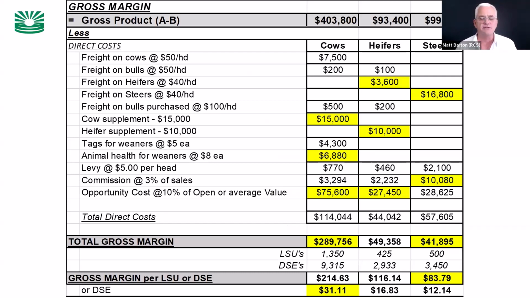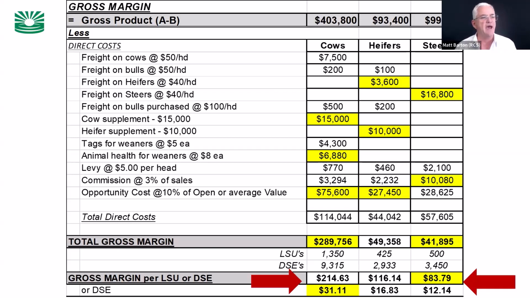Then we have split it up. As soon as those heifers and steers are weaned, they go into their own enterprise, and we have gross products for the heifers and the steers. Those heifers that they want to keep, the cow enterprise will have to buy back, because the cow enterprise has sold the heifers and steers into those enterprises at market rate. It's exactly the same as if you'd gone to the market and bought those steers and heifers without breeding them. And you can start to see in this example the difference between the enterprises.